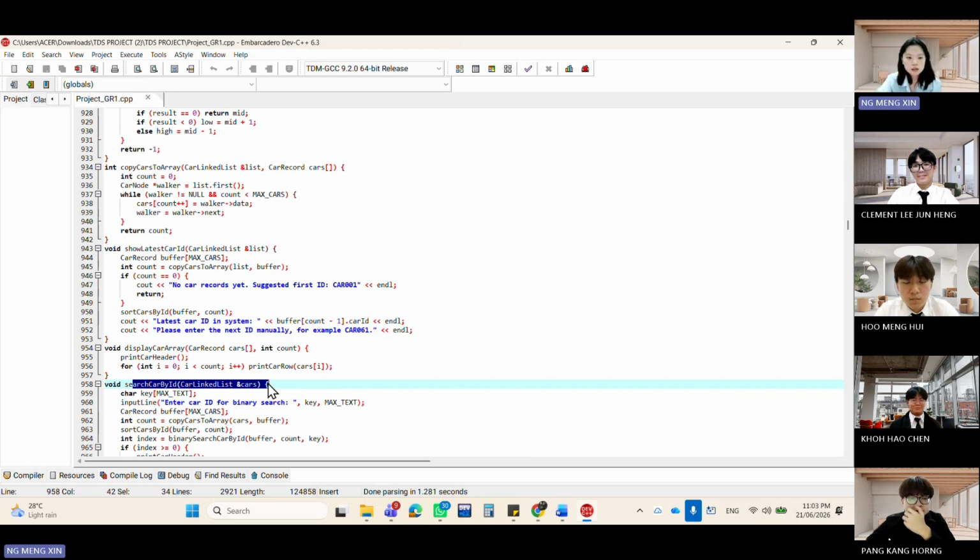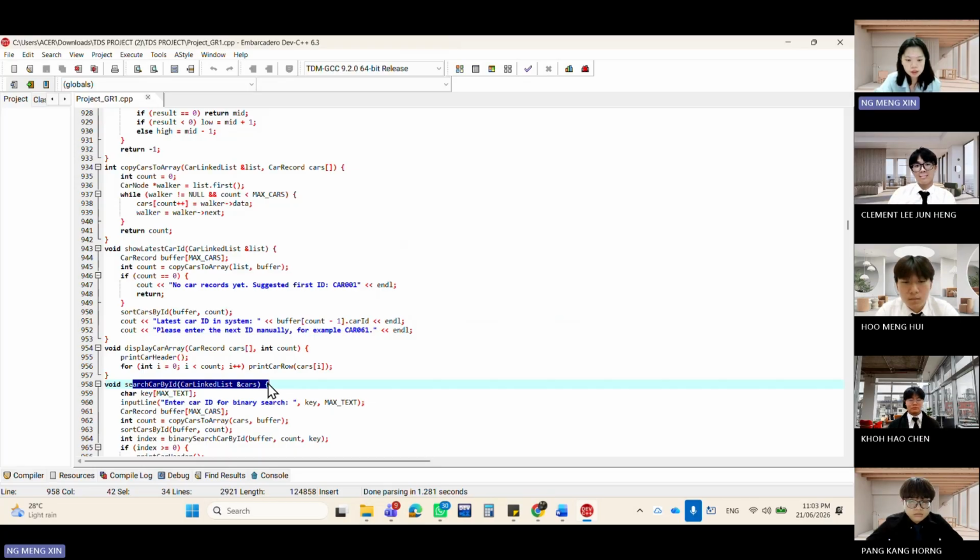Before searching, the car records are copied into an array and sorted by car ID. Then binary search checks the middle element and reduces the search range by half each time. This makes searching more efficient compared to checking every record one by one.